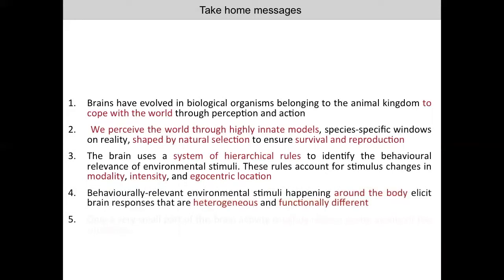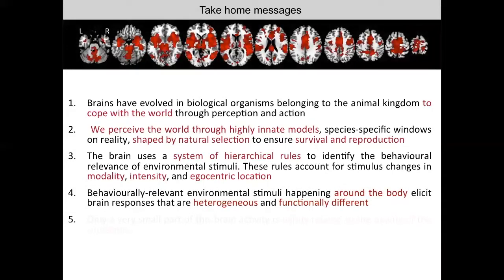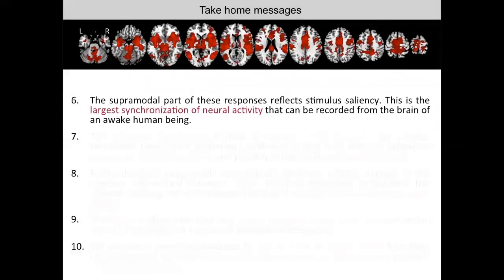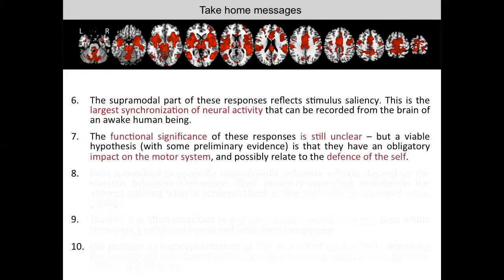And when these rules are met, then the brain produces this big activity, which is, however, a mixture of things, so it's very heterogeneous and functionally different. Only a small part of it is related to the quality of the sensation. If we are interested in that, we need to use good control stimuli to tease out what is perceptually important. The large part of this is supramodal, is a large synchronization of neural activity. We don't know exactly what it does. We have preliminary evidence that it is related to something